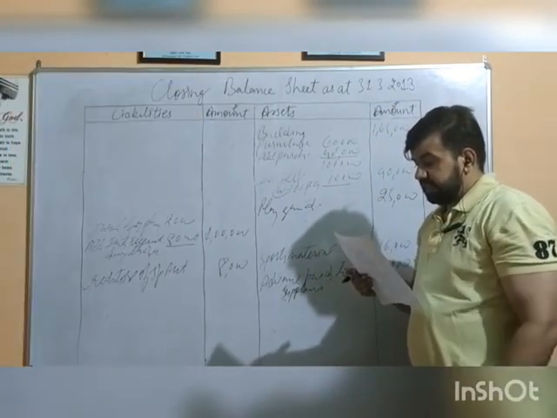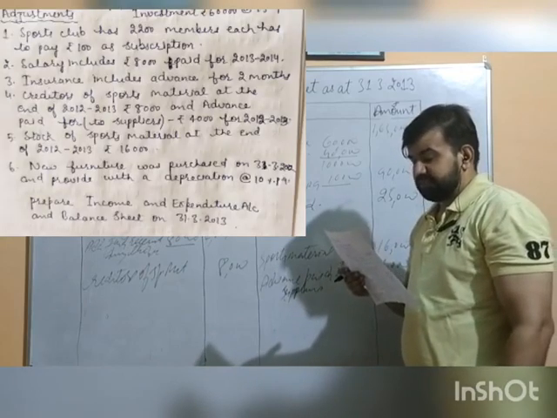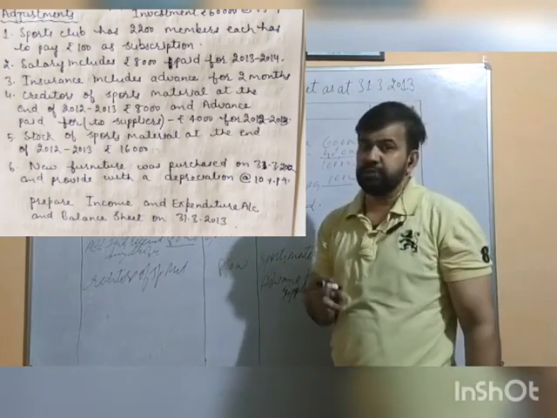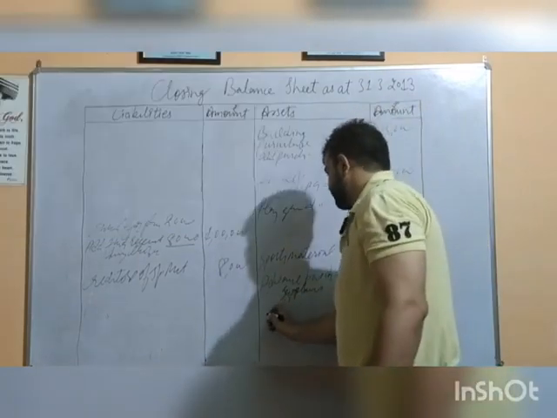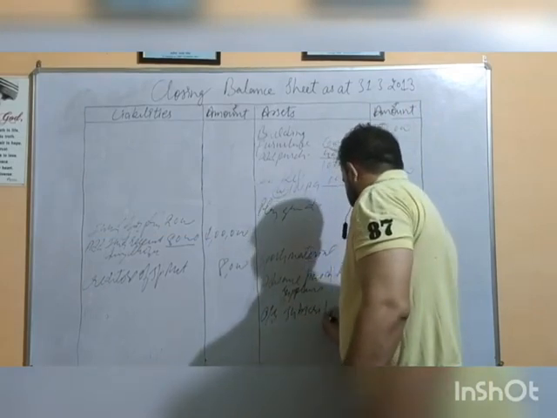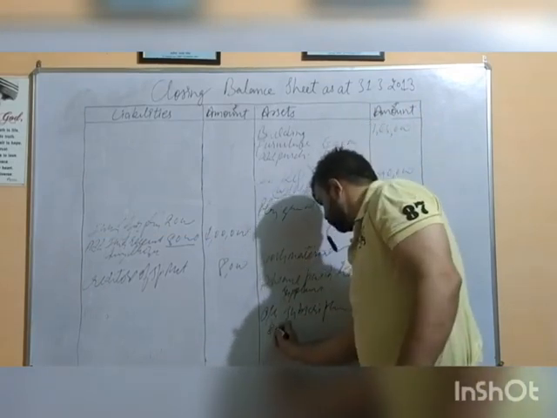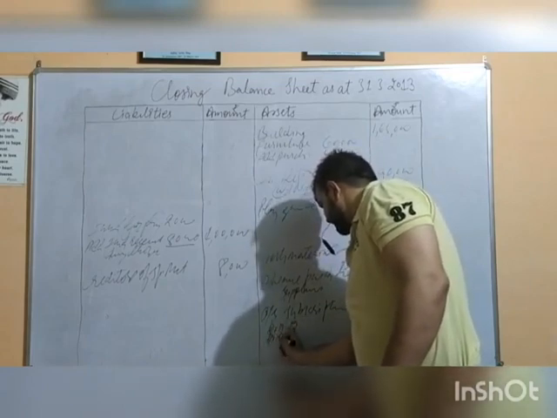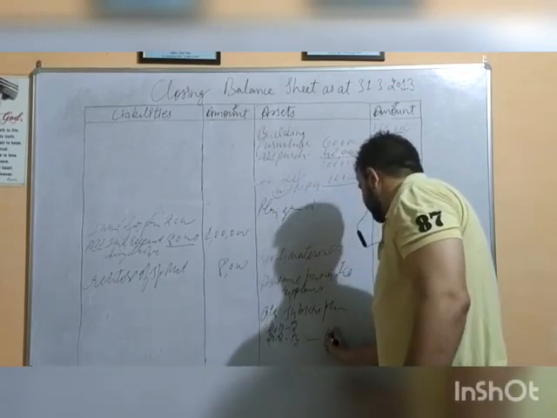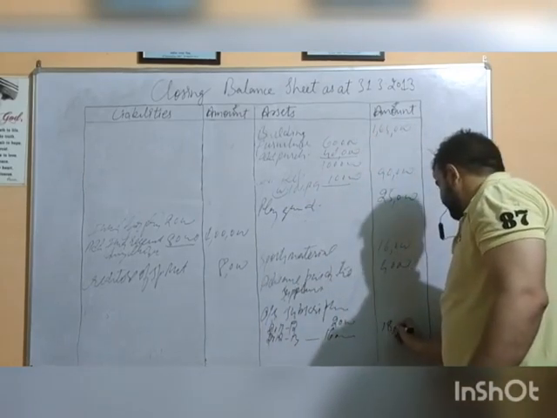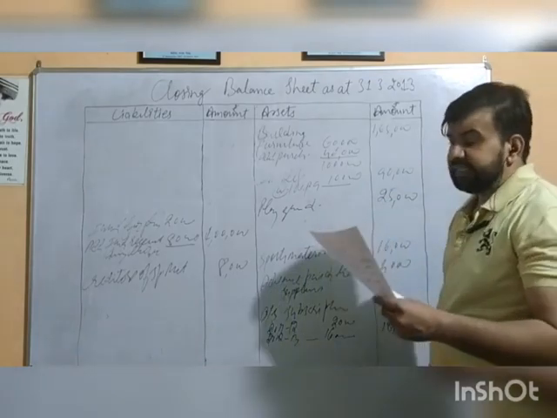Then we are having next amount outstanding subscription. But this outstanding subscription should also be for current year plus 2,000 rupees for previous year is still outstanding. Here I am writing outstanding subscription for 2011 and 12 and for 2012 and 13. For 12-13 we are having 16,000 which is current year, and for previous year we are having just 2,000. So total subscription outstanding at the end of current year is rupees 18,000.